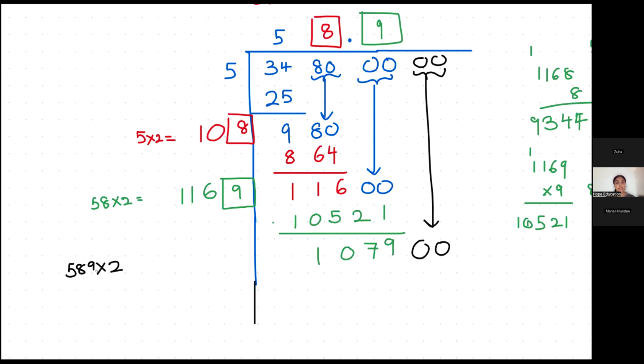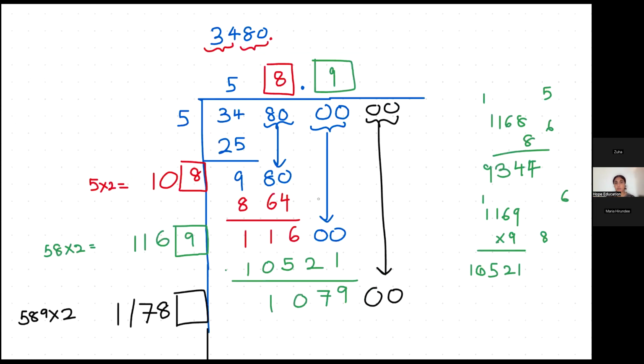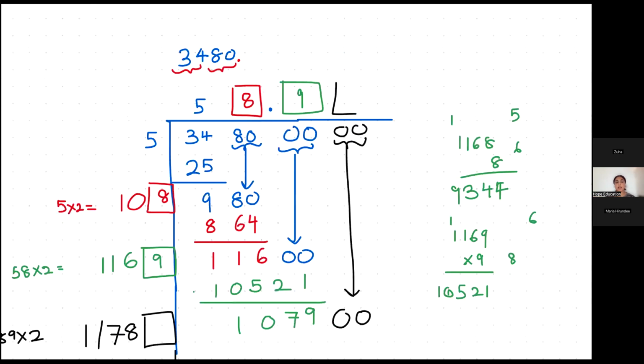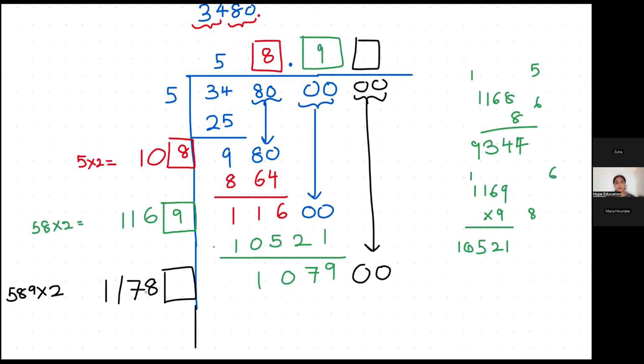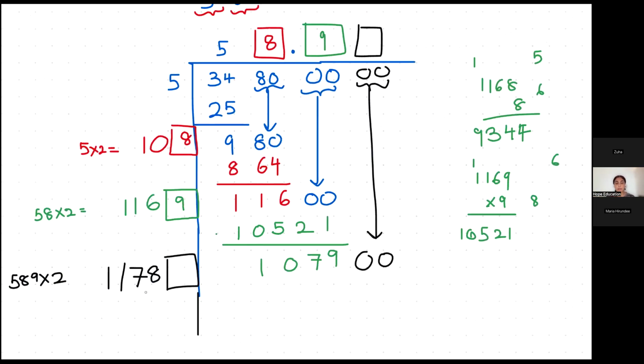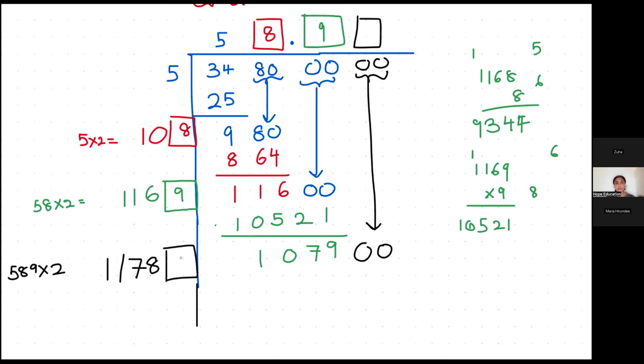2 times 9 is 18. 1 remaining. 2 times 8 is 16 plus 1, 17. 1 remaining. 2 times 5 is 10 plus 1, 11. Then I have to put one number here. That same number I should put here. So you can work out different numbers and see which one works. For an example, up in 7, 7. 11,787